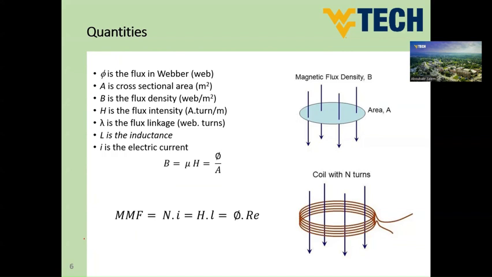And later on, we will elaborate more on inductance. And we discussed the meaning of MMF and how we can calculate the relations and parameters in these relations. So MMF or magnetomotive force equals Ni, where N is the number of turns of the coil, I is the electrical current, and also equals H, flux intensity, times L, which is the average length of the magnetic path. And this also equals phi, which is the magnetic flux, times reluctance, which is the equivalent resistance of the